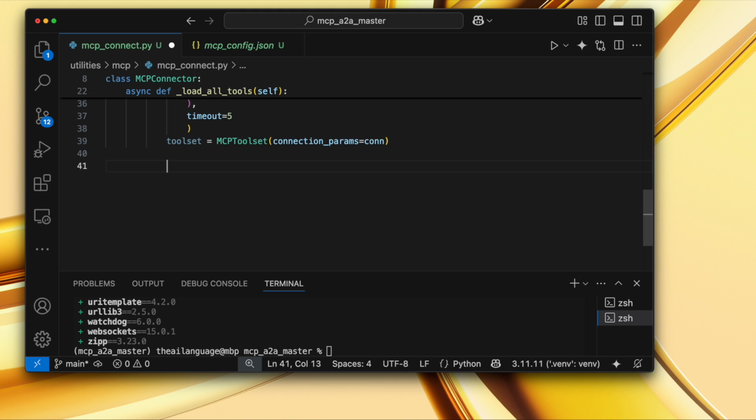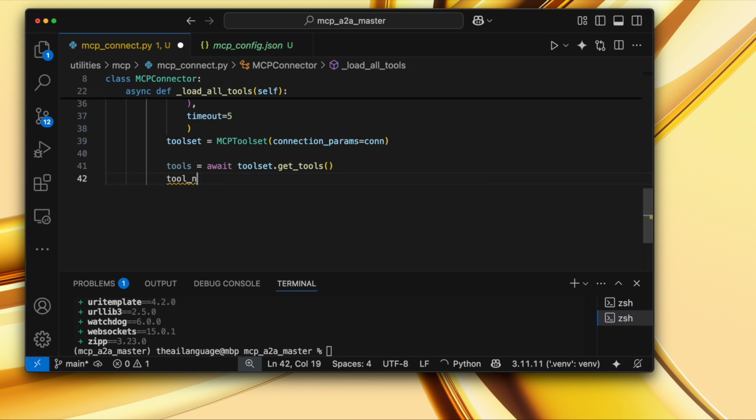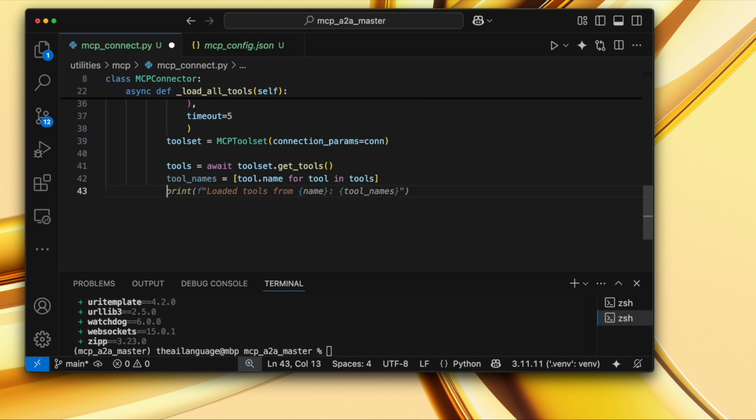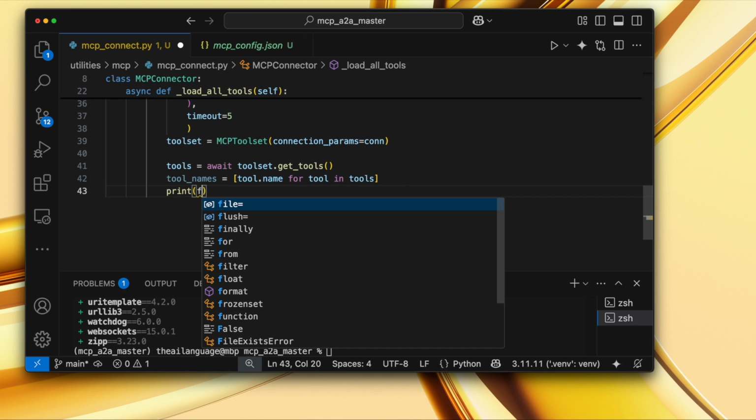Now it's great to use the get tools function to get all the tools that are available. So we'll write tools equal to, and we'll write await toolset dot get underscore tools. So that's correct. And what we can then do is we can get all the tool names and print them to the screen. So we can write tool names equal to and then tool.name for tool in tools. So yeah, that seems correct. So now we have a list of tool names that we can actually print out, and then we'll write print, and then we'll format this,